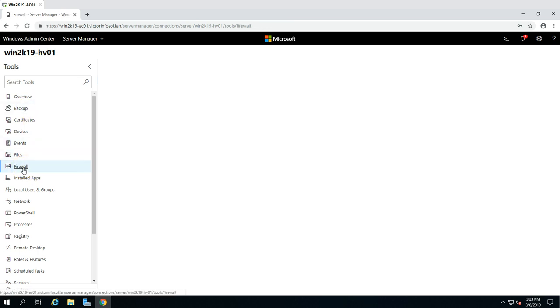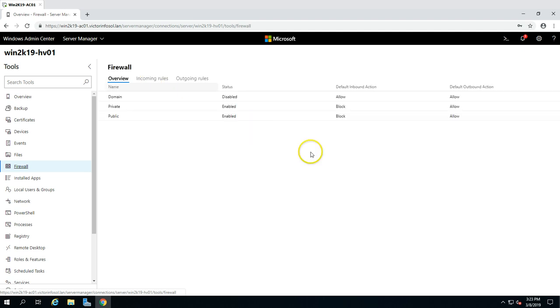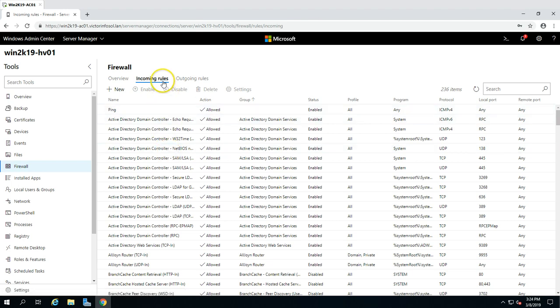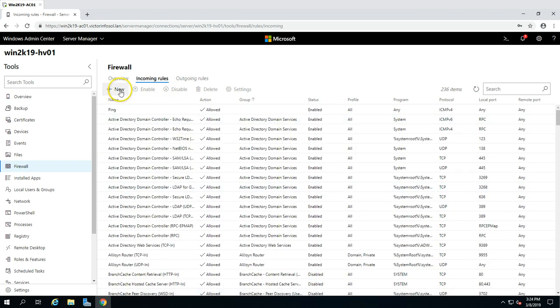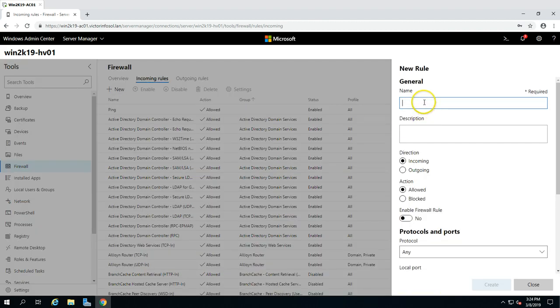Also you have firewalls. You can see everything, what is enabled, what is disabled. You can see the firewall status for domain is disabled, and everything is allowed, default outbound is allowed, and private is blocked. Also you can see the incoming rules, what is there. So if you wish to create any rule, you can go there directly, and I'm going to create one here, called